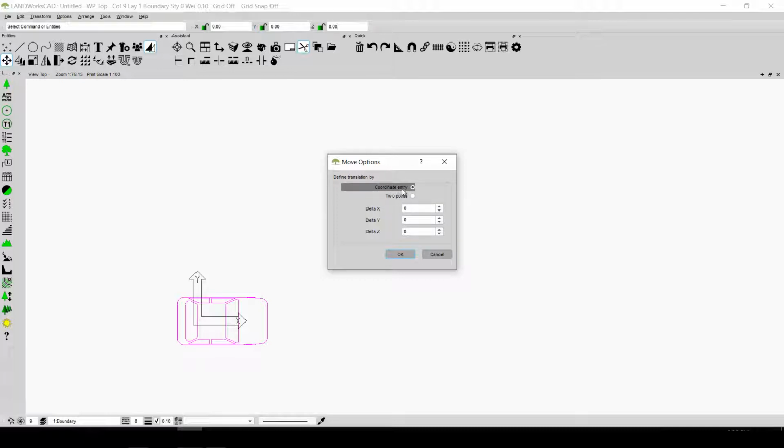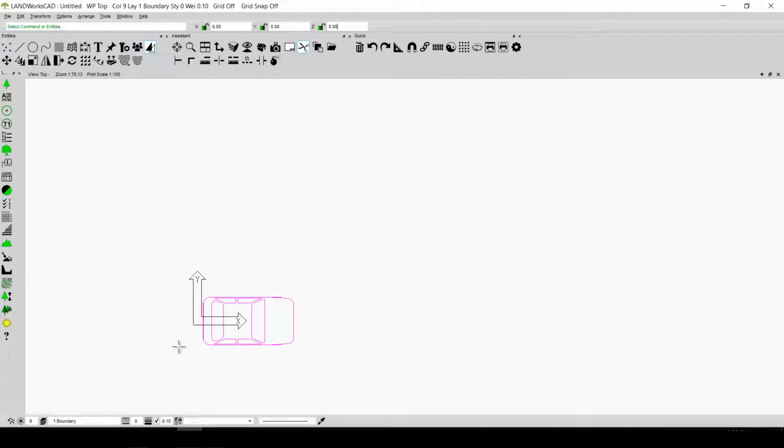The first one is by coordinate entry, which means that if I enter any kind of value in the x-axis, my car is going to move along the x-axis. If I'm going to enter any value in the y-axis, my car is going to move along the y-axis. So let's try the x-axis. Let's say I wanted to move 1000 millimeters along the x-axis, and if I click OK, see, my car has